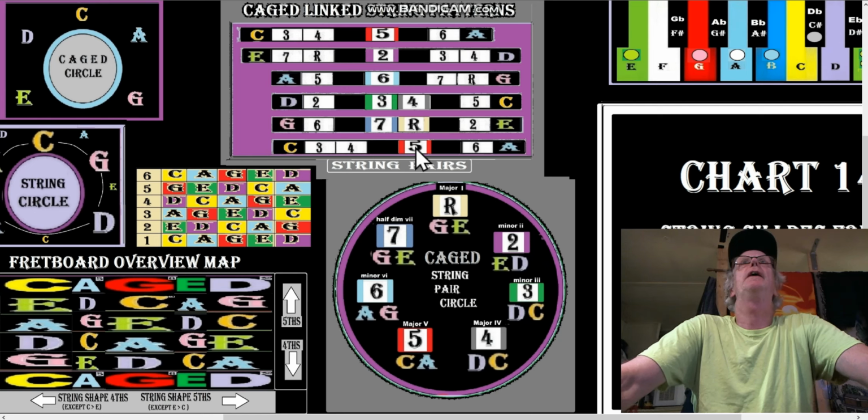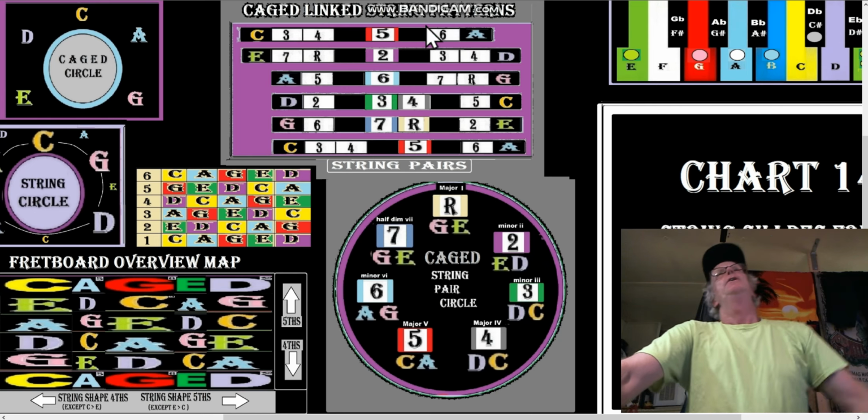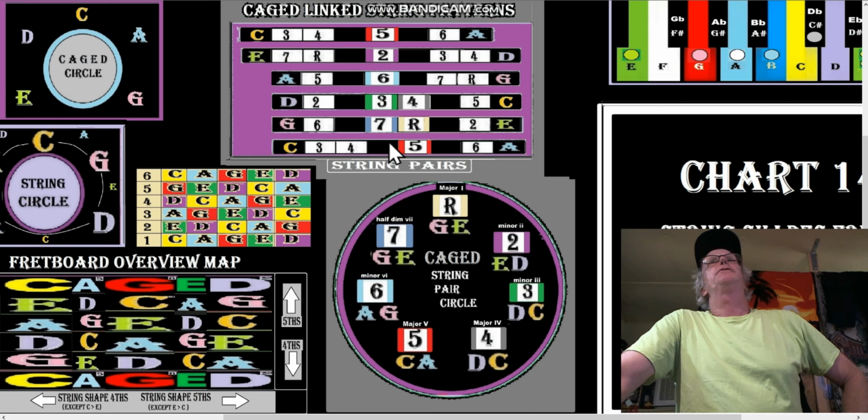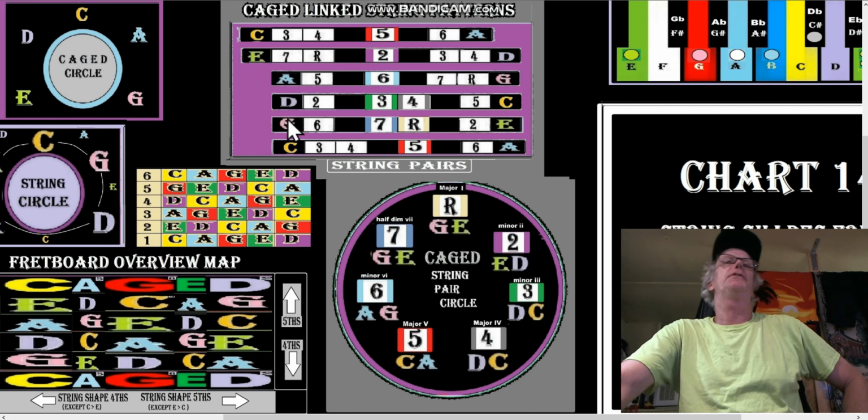So here's your 5. It's of course the same on the top and the bottom. That's just to show relations, how one would go up to the 5 and how the 5 would go up to the G. That would be the 5th of C,